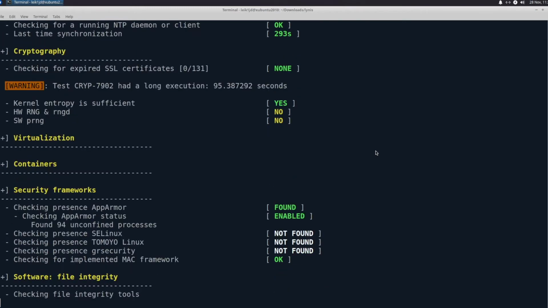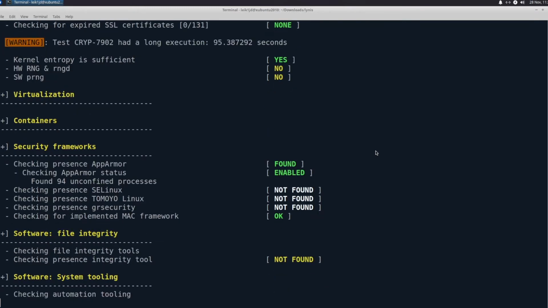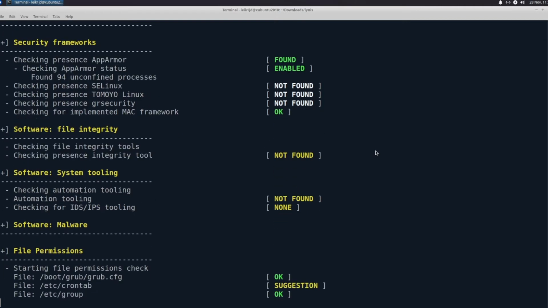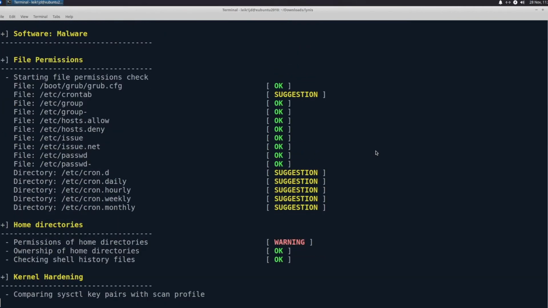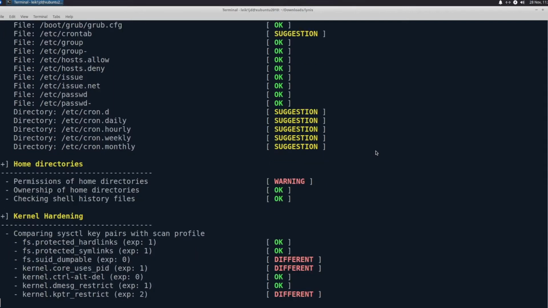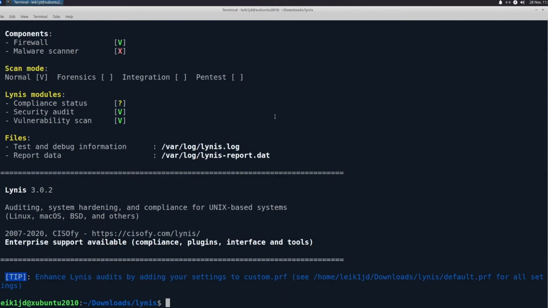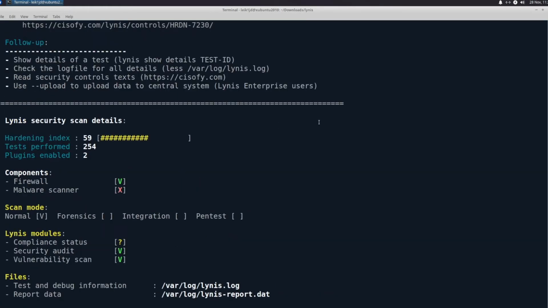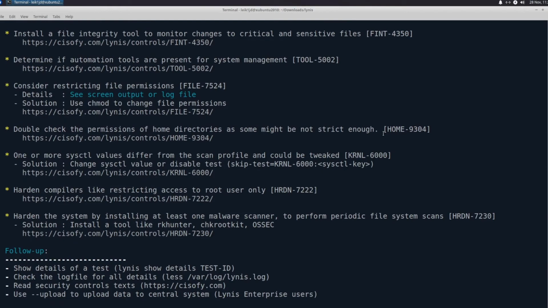Another long execution. Go figure. All right, here we go. Lynis scan is finished. Ouch. A 59. That's low. Okay, well, that does give us a starting point for